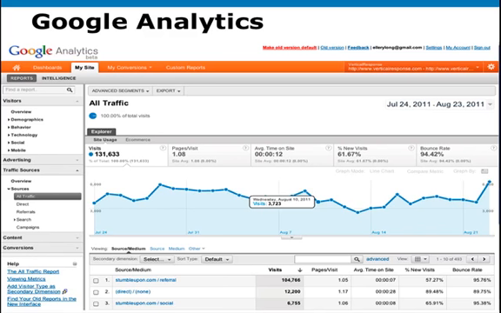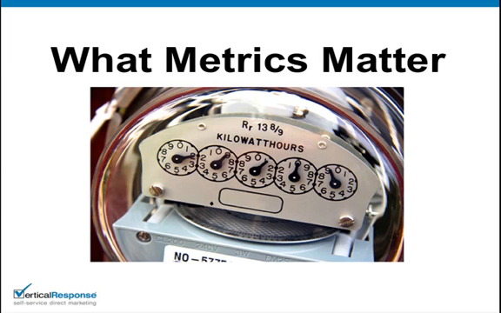So you hear me saying awareness, you hear me saying engagement. What metrics specifically matter when it comes to social media? And I will tell you that kilowatt hours do not matter when it comes to social media.